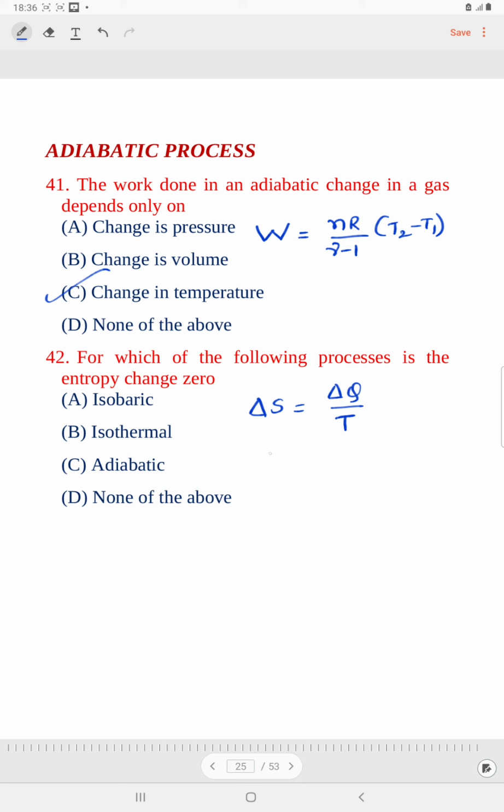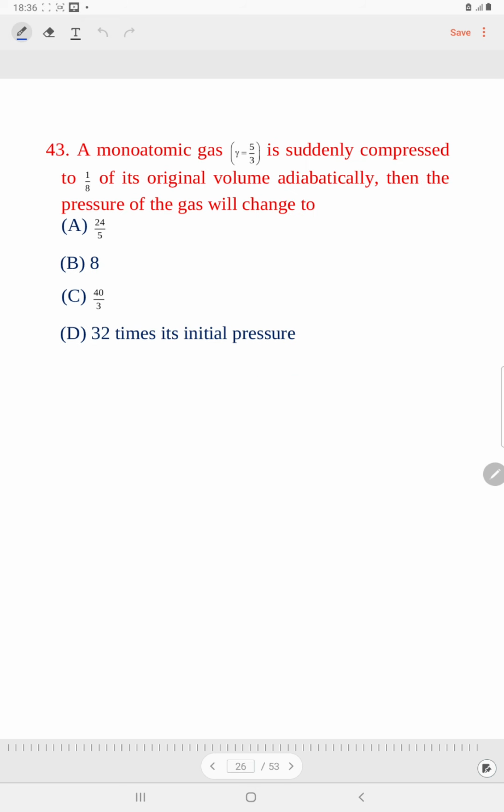But in an adiabatic process, we all know that delta Q is equal to 0. If delta Q is 0, then I can easily write that the change in entropy is also 0, which means only in the adiabatic process the entropy change will become 0. It's option C. 43. A monoatomic gas of gamma equals 5 by 3 is suddenly compressed to 1 by 8 of